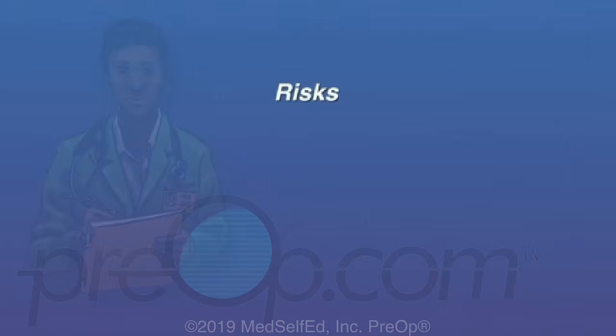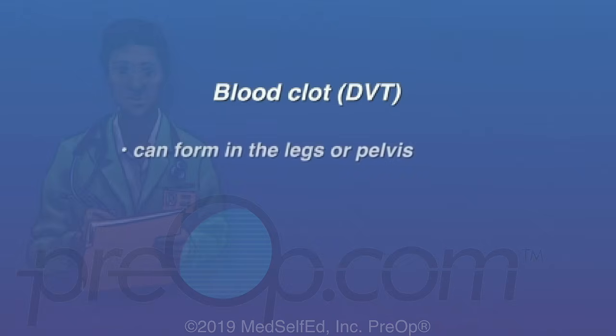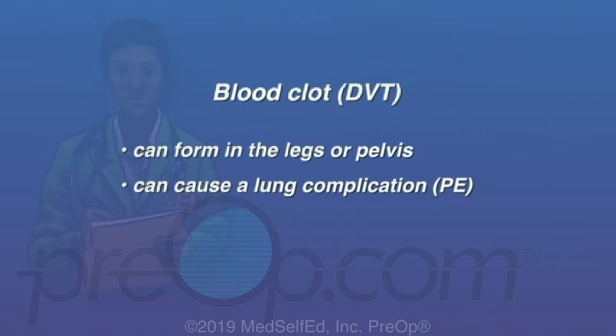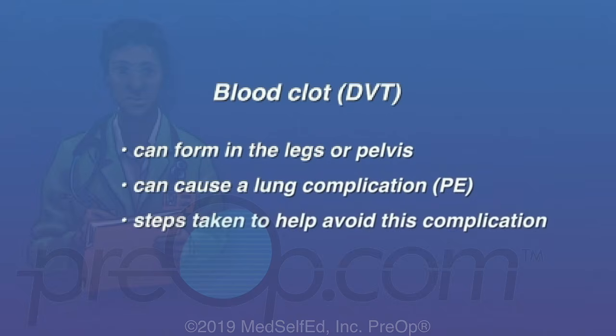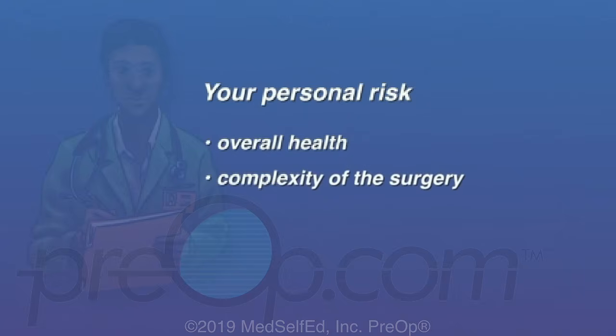All surgery has some risk of complication, including unexpected injury, bleeding, and infection. A blood clot or DVT can form in the legs or pelvis during or after any surgery. It can cause a lung complication called a PE or pulmonary embolism. Steps are taken by your care team to help avoid this complication. Your personal risk of complication relates to your overall health, the complexity of the surgery, and the experience of your